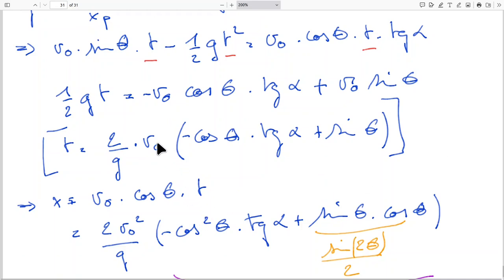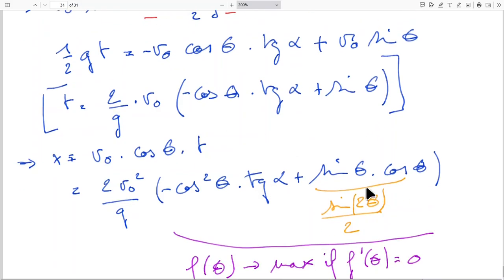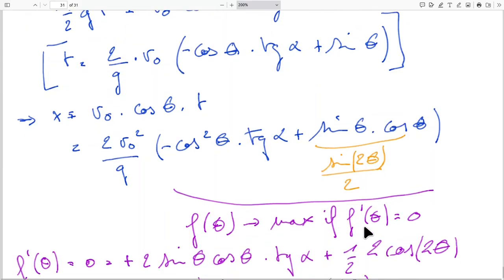We know x is v0 times cosine theta times t, so if we fill in t here, you can see we have v0, v0, this becomes v0 squared, 2 over g, and then cosine theta times minus cosine theta gives you minus cosine squared theta times tangent alpha still, and then sine theta times cosine theta. Now sine theta times cosine theta is sine of 2 theta over 2, and well, this is a function in theta. These are constants, so this will be max if the derivative